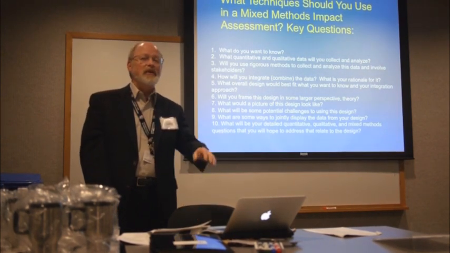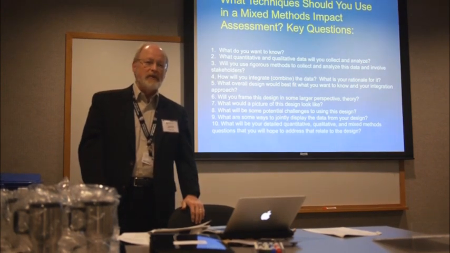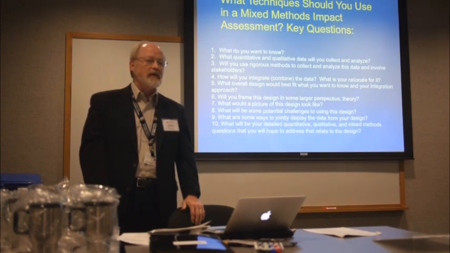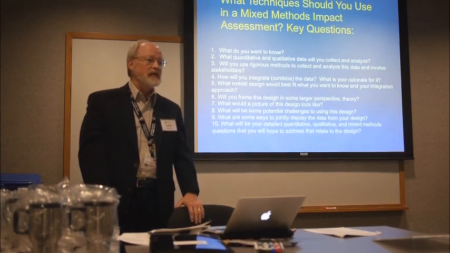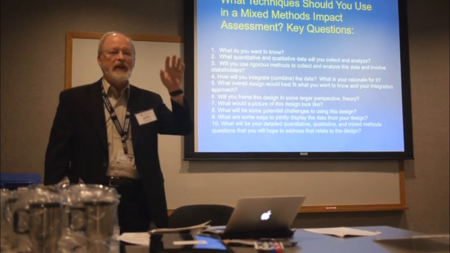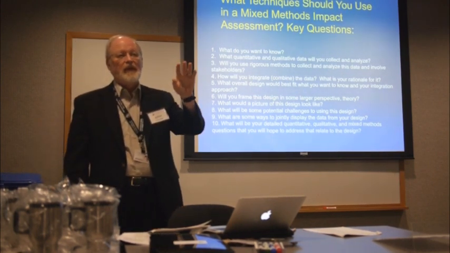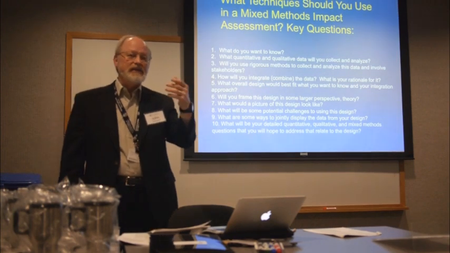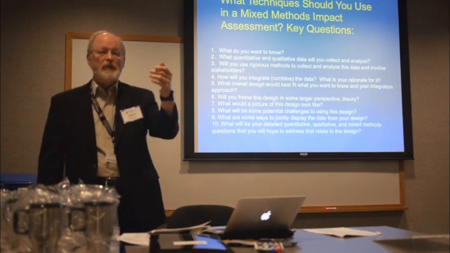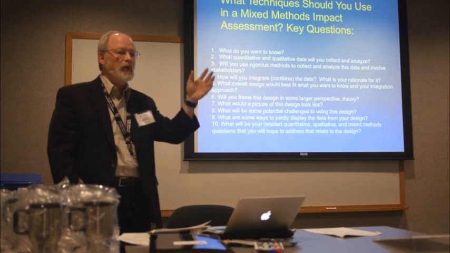Anyone familiar? Now this is really an old book. Maybe it dates me. But Campbell and Stanley's book on experimental and quasi-experimental designs back in the 1960s. What that book did was it set the stage for how we do experiments. That's lasted to today. But more importantly, what that book did was it identified the designs, and then it said, here are your potential threats to validity that you need to pay attention to if you do these designs. So we follow that same mode of thinking,